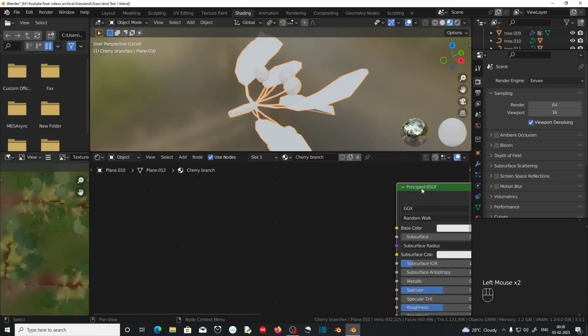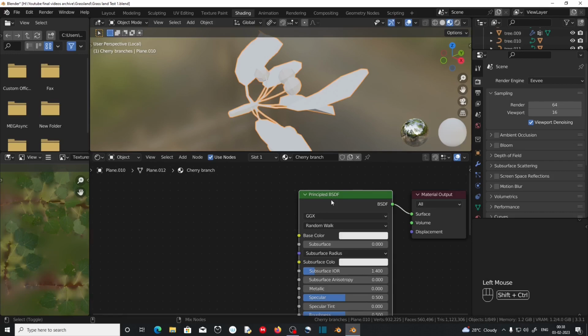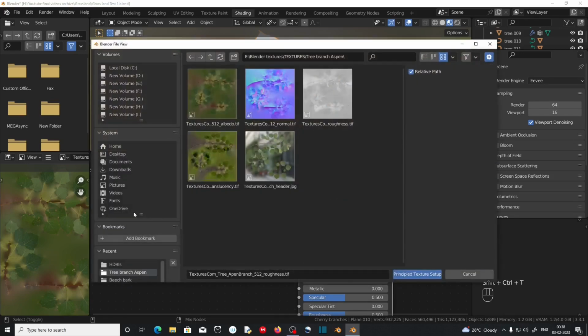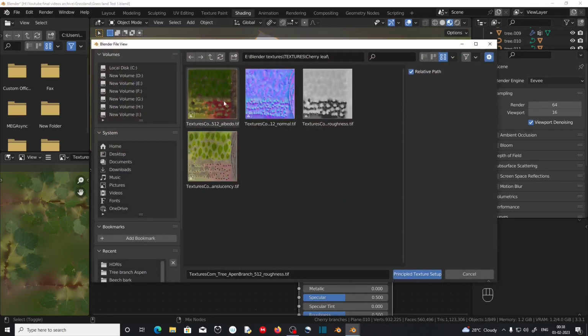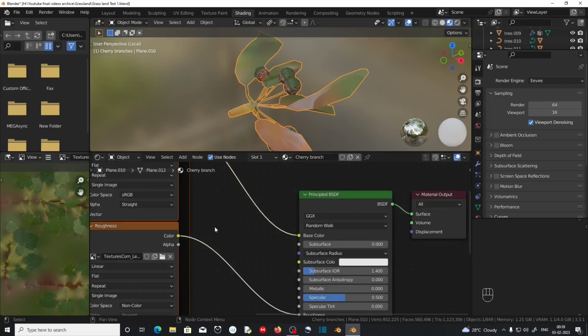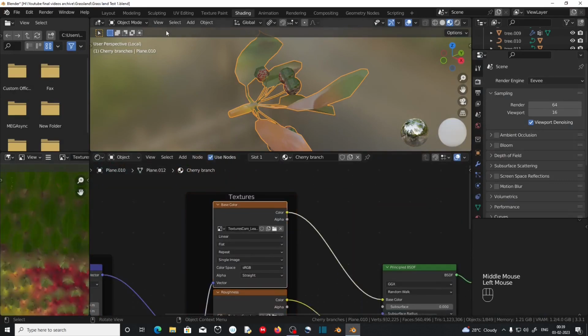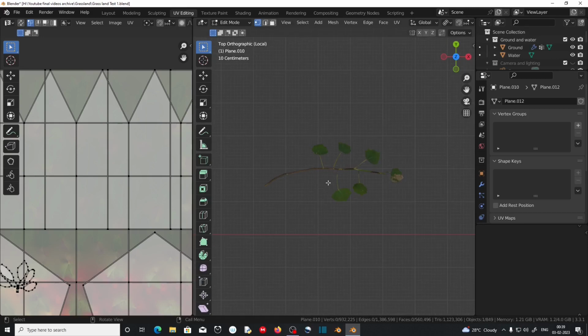Then select the principal BSDF, Control Shift and T in the keyboard. Then select the cherry leaves we downloaded, which is this one. As you can see, select the albedo, normal map and the roughness map. Then principal texture setup. Now select the base color and if you go to UV editing workspace, press / to